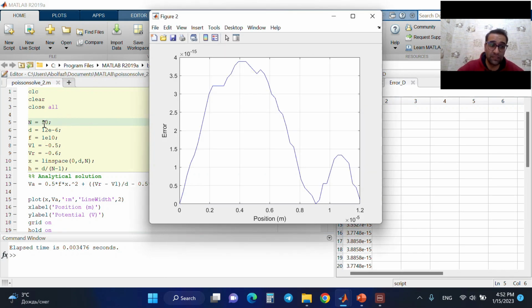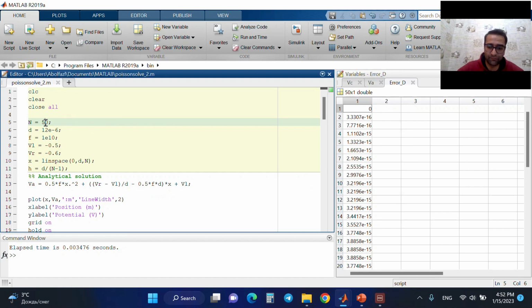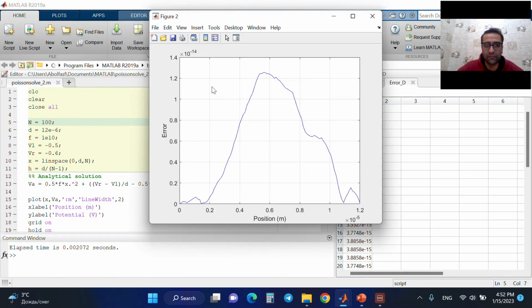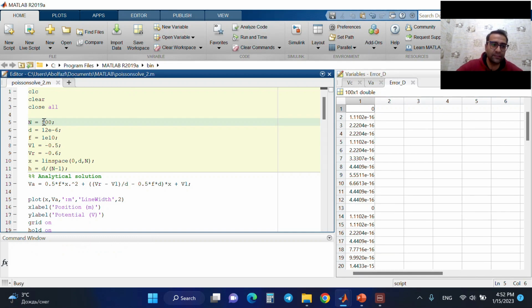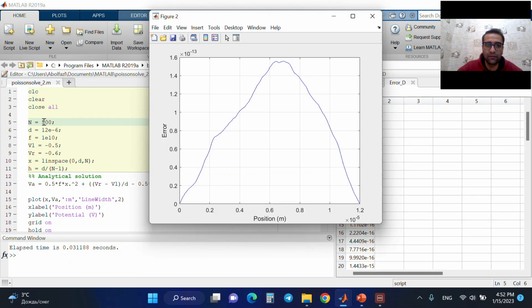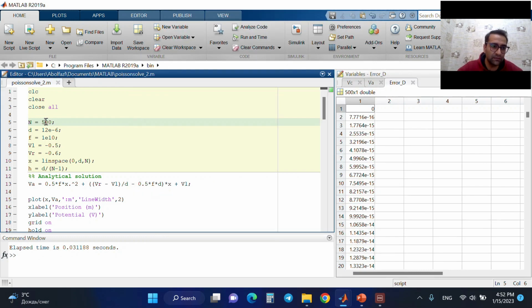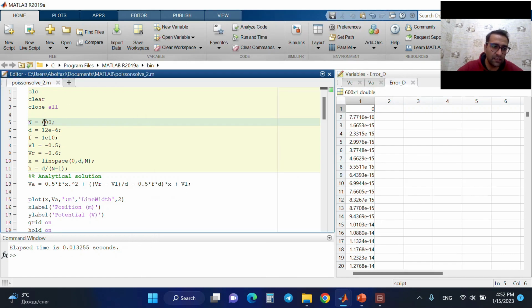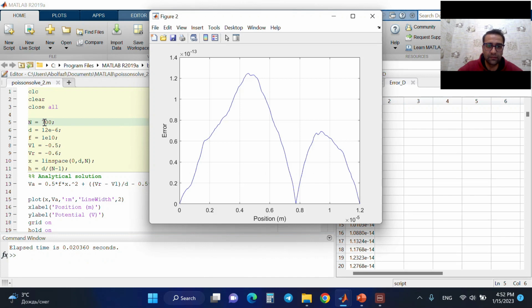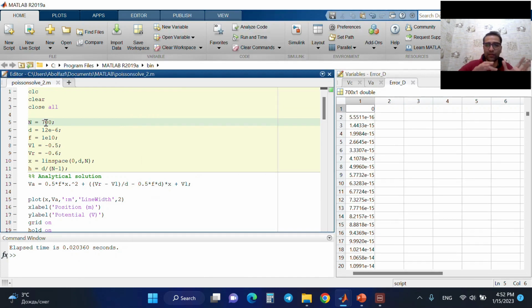Again, 10 to minus 15, the maximum of error. For example, 100: minus 14; 500: minus 13; 600: minus 13; 700: minus 13. You see that error, although slightly increased, but by increasing the number of grids, this error tends